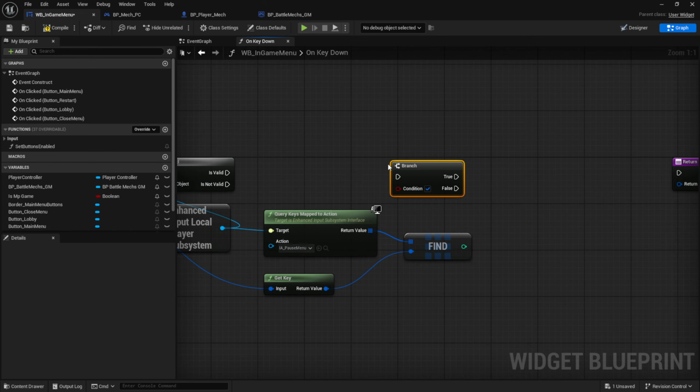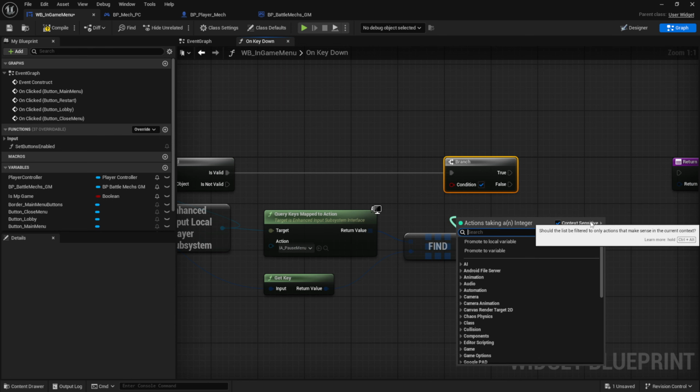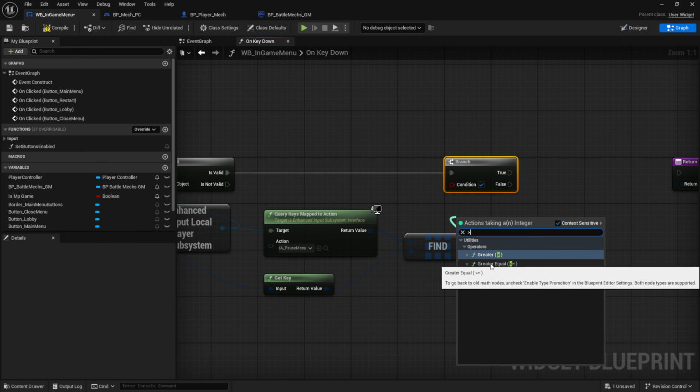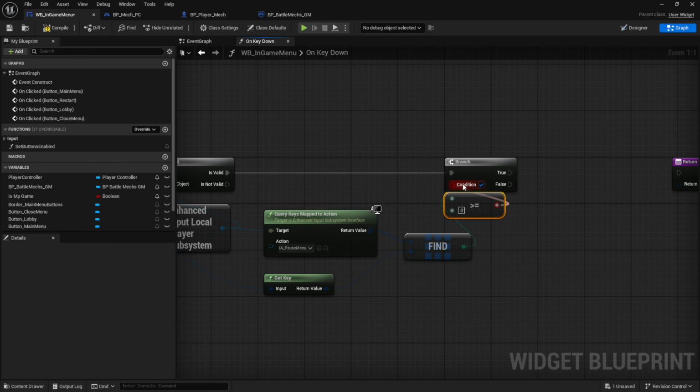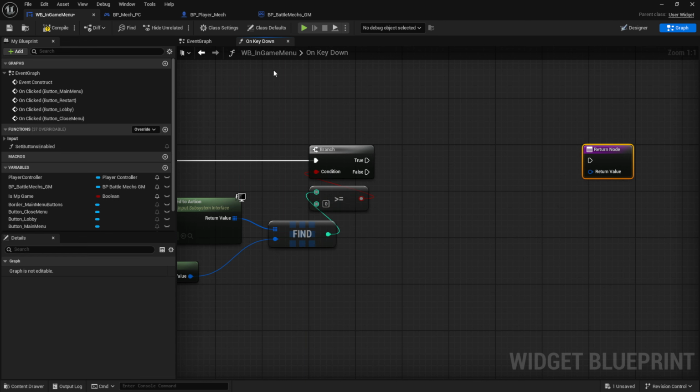So we're going to grab a branch, plug that into the isValid pin, and if this returns greater than or equal to 0, then we actually pressed a key that's inside of the array. So let's do greater than or equal, plug it into the condition. And if this is true, then we want to close the menu, and we can do that by creating an